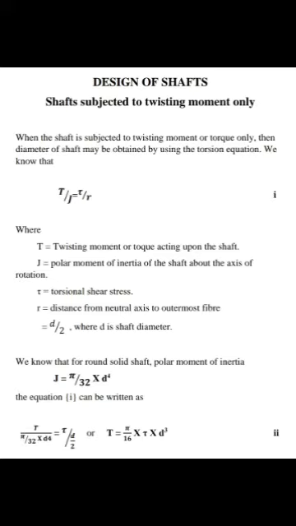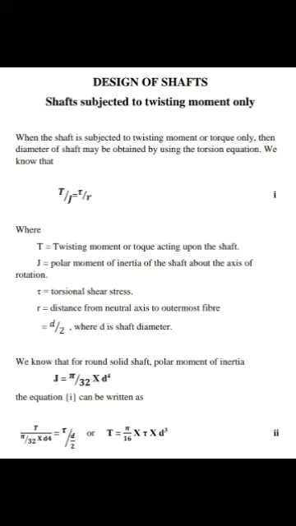The maximum permissible shear stress may be taken as 56 megapascal for shafts without allowance for keyways and 42 megapascal for shafts with allowance for keyways. For shafts purchased under definite physical specifications, the permissible shear stress may be taken as 30% of the elastic limit in tension, but not more than 18% of the ultimate tensile strength.